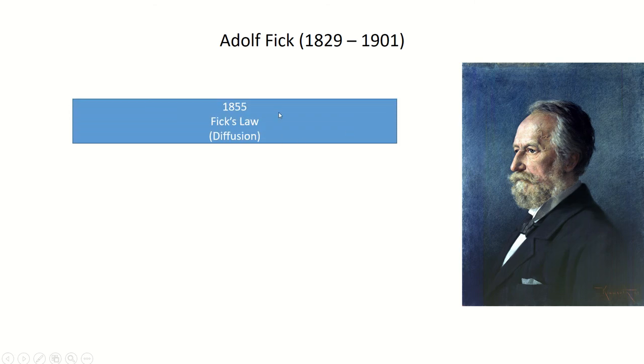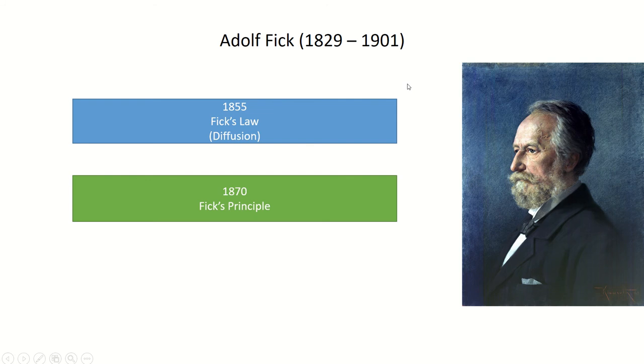One is Fick's law that we talked about in chapter 7. We're talking about the solubility of a gas being dependent on the composition of the molecules of that gas. There's only so much oxygen that can be diffused into a liquid, there's only so much CO2 that can be diffused into a liquid, and so forth. So he's responsible for generating that law, as well as,